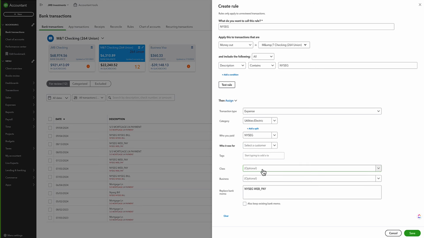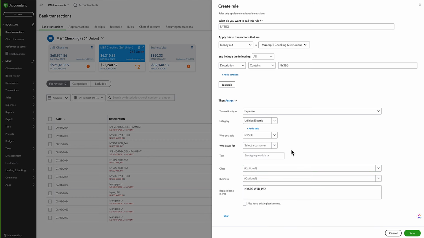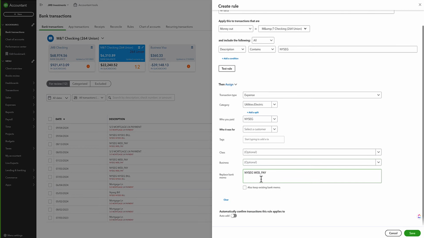Same thing goes for class, okay? So if I have all of my properties or some of my properties using NYSEG, I'm not going to know when it comes through which one it's for, okay? So I'm going to leave that blank. I'm going to leave business blank as well. And for that reason,